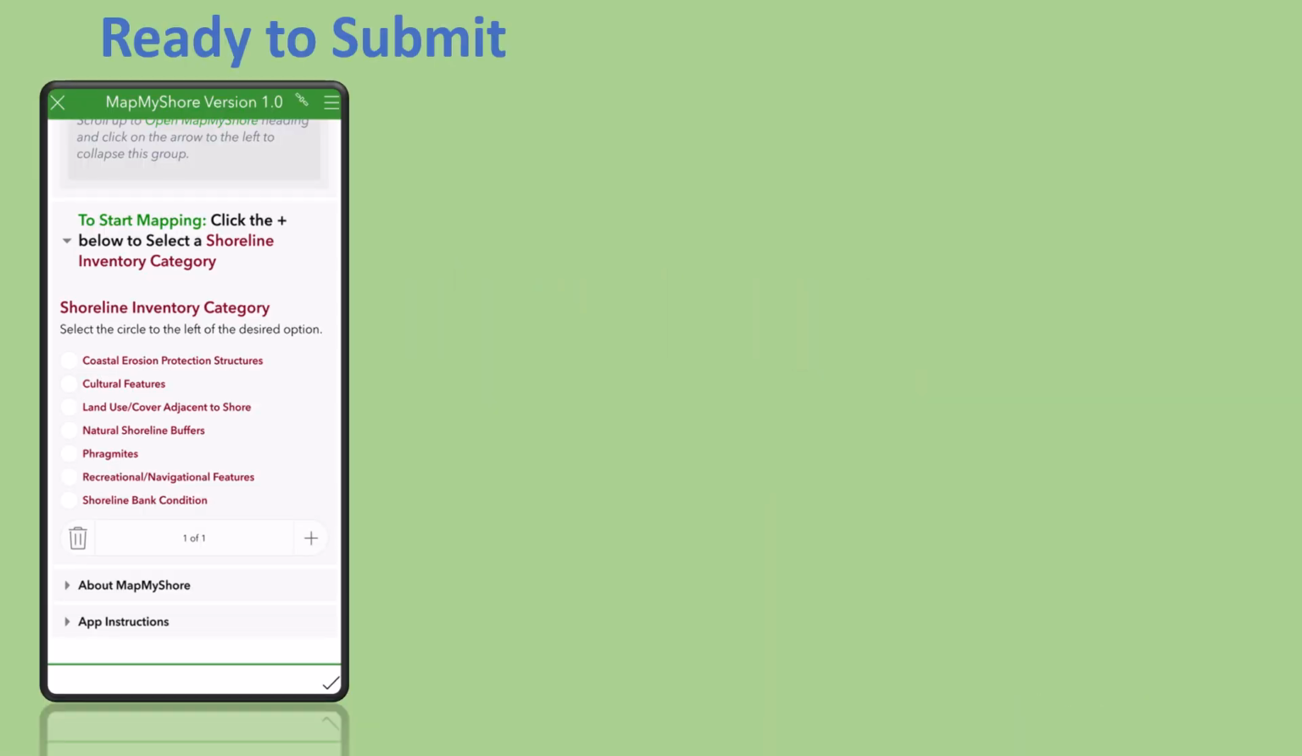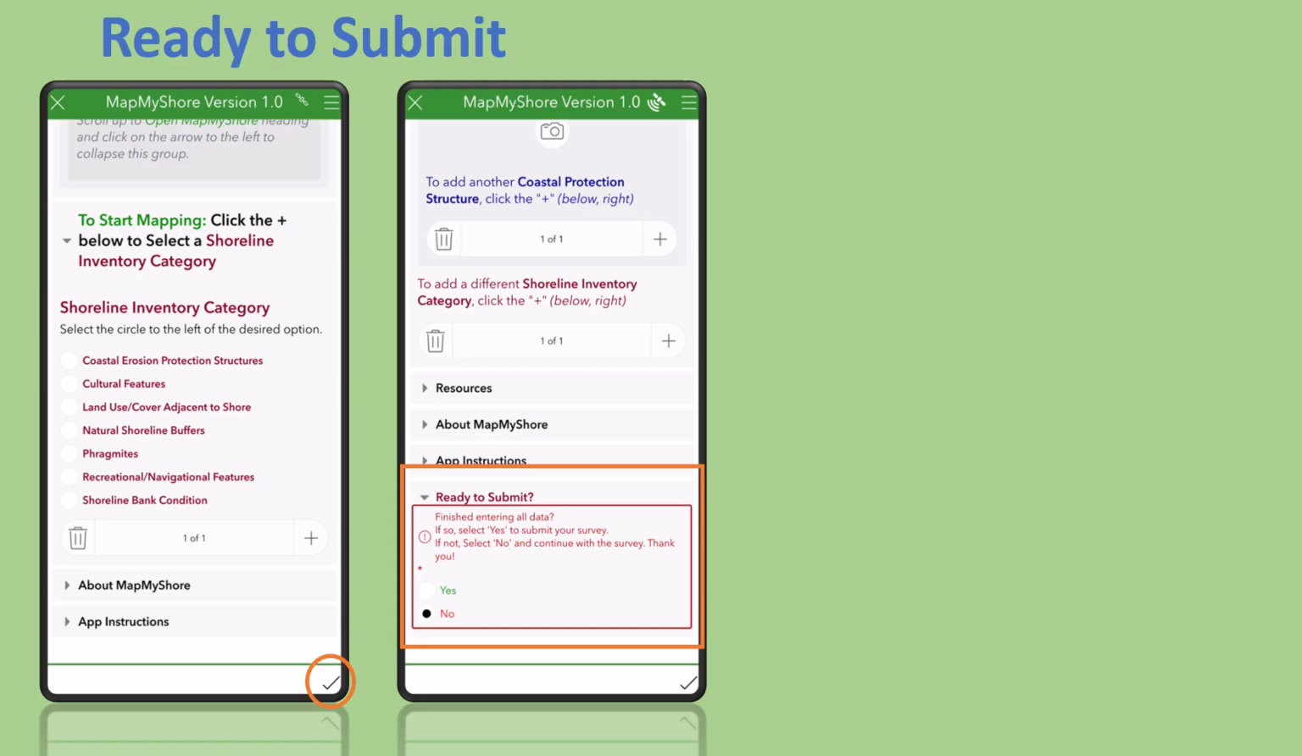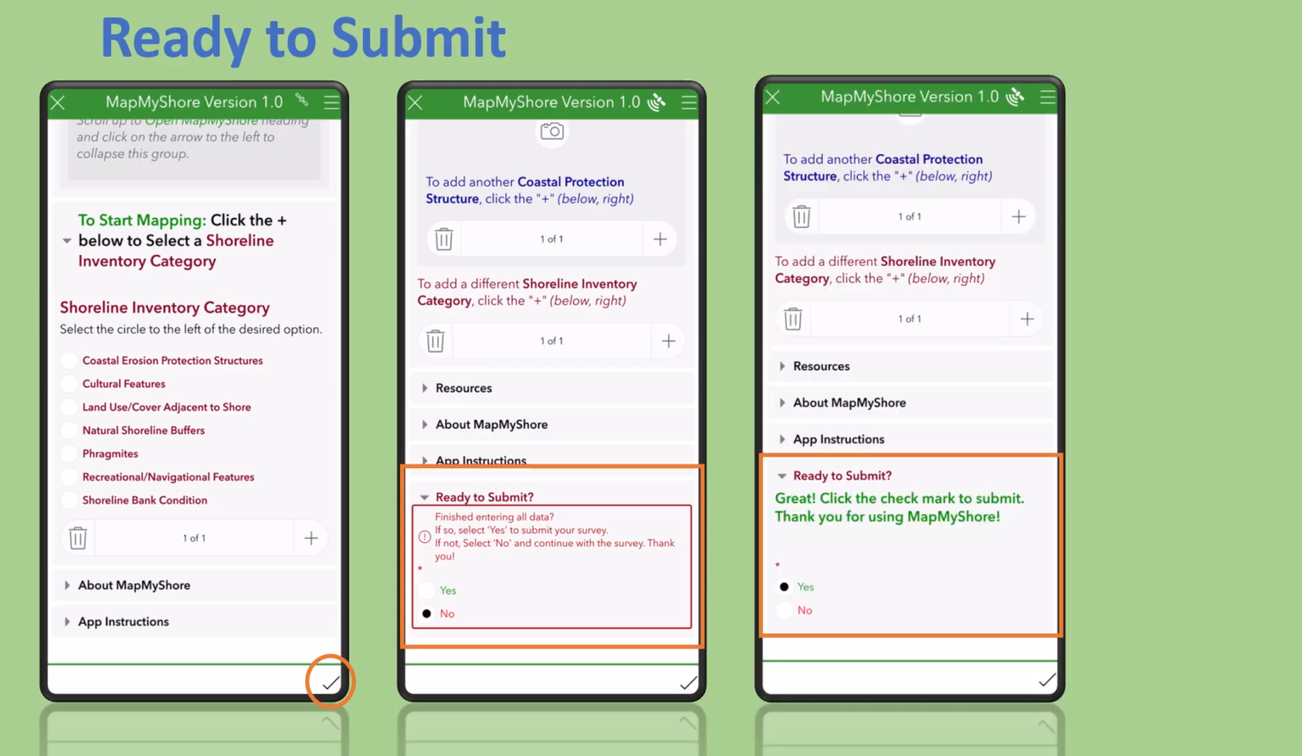When you've finished inventorying and are ready to submit your data, click the check mark in the lower right-hand corner of the app. A Ready to Submit box will appear, asking if you've completed all data entry. If you're not finished or click the check mark by mistake, simply select No to continue using the app. If you're ready to submit, select Yes, and you'll receive a message prompting you to click the check mark to